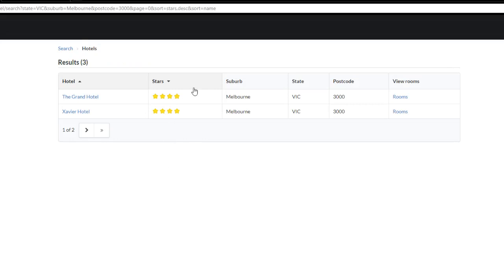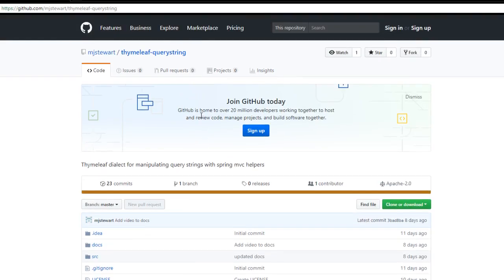This table is basically powered by a Spring paging and sorting repository. So we can sort through all the different columns, toggle them back and forwards, and page through the different entries. So along the way I did a slight detour and also created this Thymeleaf query string